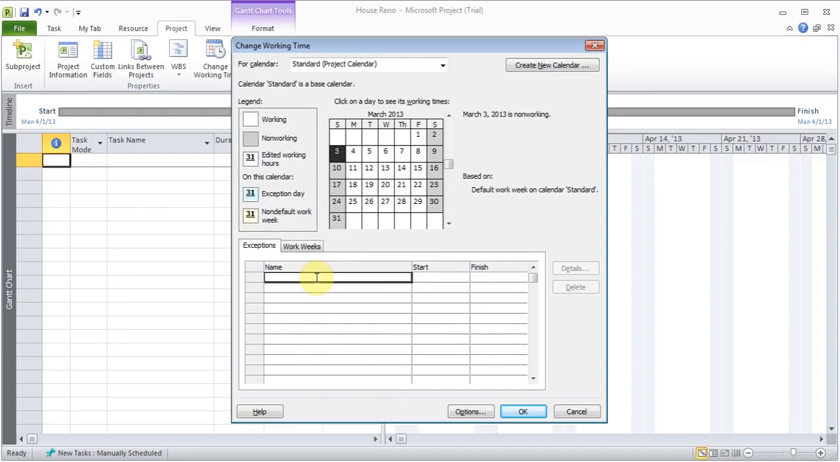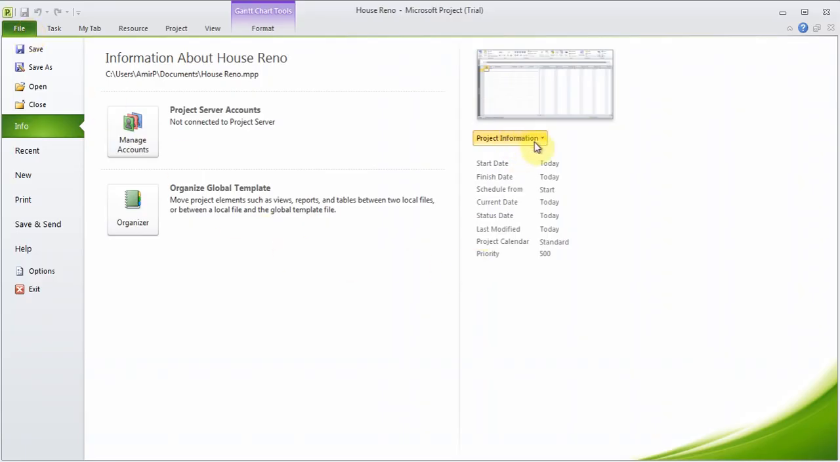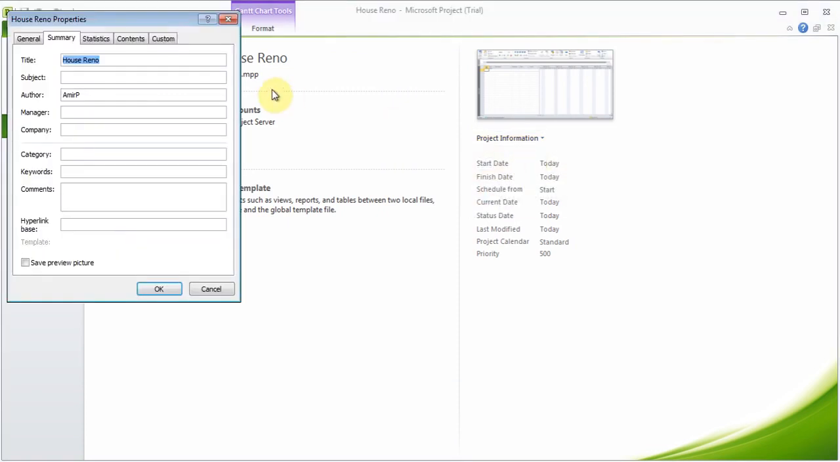So I can go to File, and in here there's an option called Project Information. So I'm going to click it, Advanced Properties, and I can put up here title, closet renovation, subject if I wanted, author, manager, company name. So you can start filling things up here, which will show up on your reports and things like that. So I can click OK,